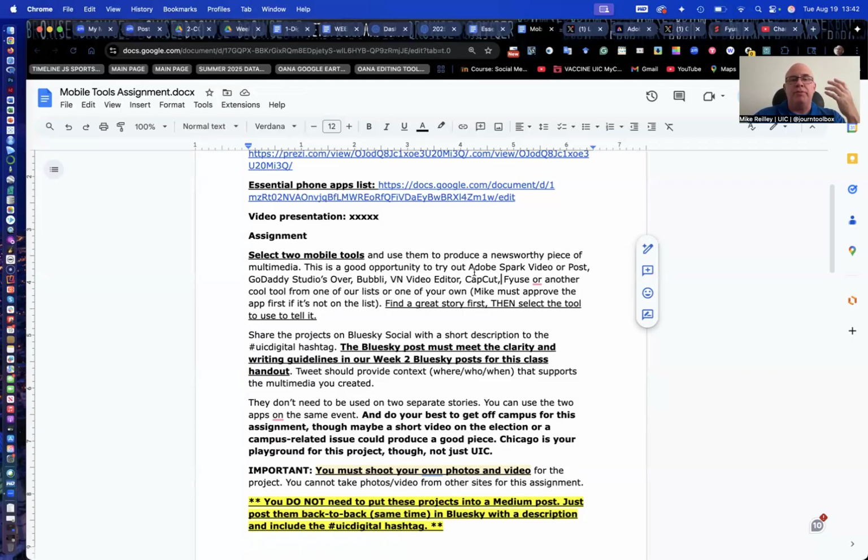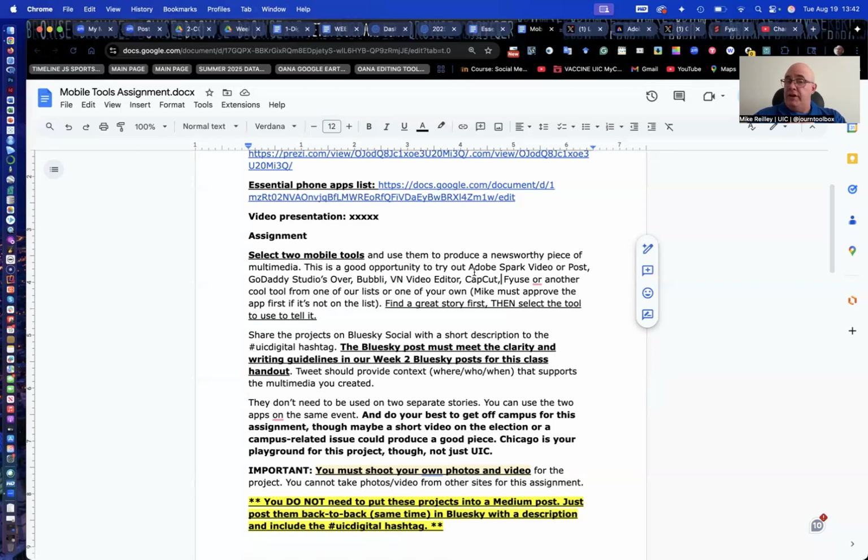If you're having trouble coming up with an idea, drop me a note. Or if you're unsure if your idea is going to work, send it to me. I can help you think through it. Part of this assignment is starting to think visually, which we're going to do a lot of this semester, and using your mobile phone for reporting, which we're going to do a lot of this semester, so including your final projects. So this is really the first field assignment you're getting, where you're going out and shooting and framing images and framing video based on what we learned last week, and then using some of these apps to tell a